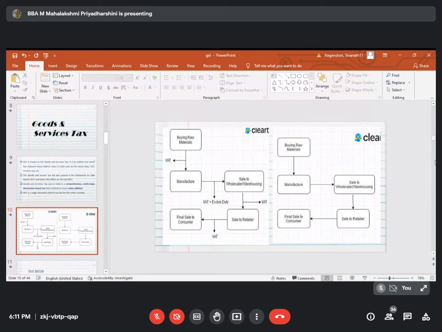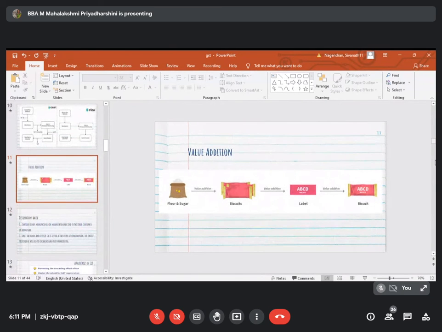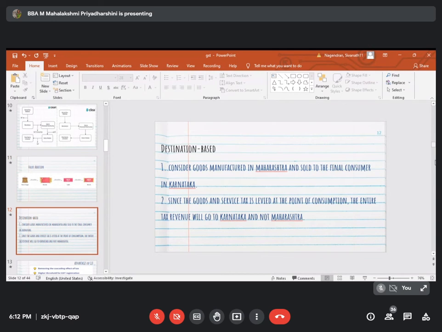Okay. இப்போ நான் ஒரு எக்ஸ்பிளனேஷன் உங்களுக்கு காட்டினா இல்லையா, எக்ஸாம்பிள் காட்டினா இல்லையா, அதோட பிக்சருக்காக தான் சிம்பிளாக நான் அதை போட்டிருக்கேன். நத்திங் நியூ இன் இட். ஸோ ஒரு ப்ராடக்ட் வந்து from raw material to the finished product, every time the tax has been added. Why we are calling this a destination-based concept is, if suppose goods are manufactured in Maharashtra and the final consumer who is purchasing the product is in Karnataka, since the taxes are levied at the point of consumption, the entire tax revenue will go to the Karnataka state.